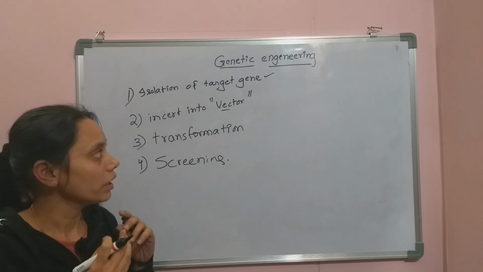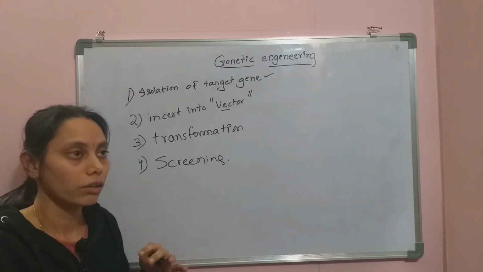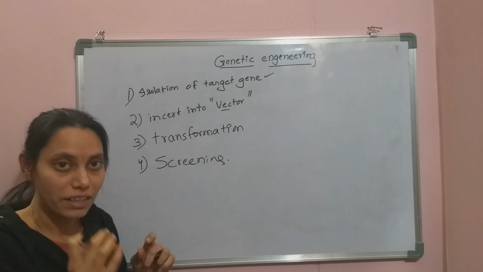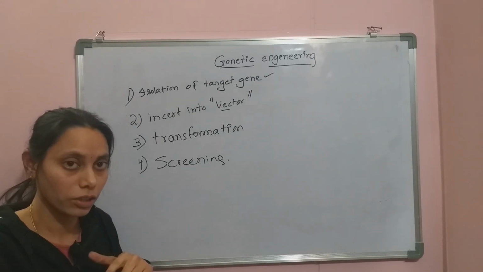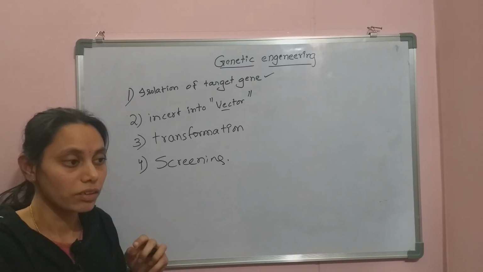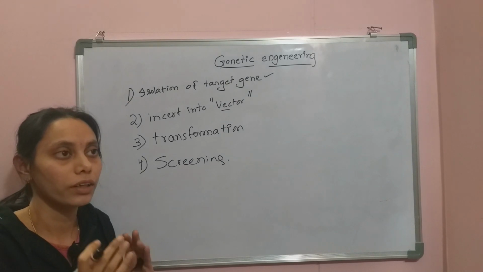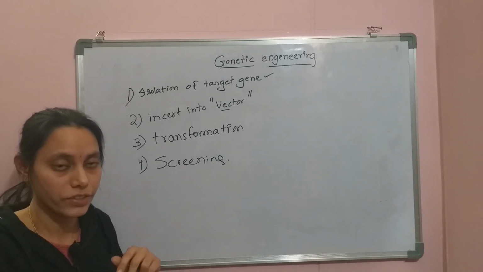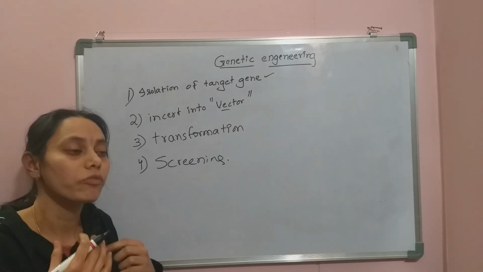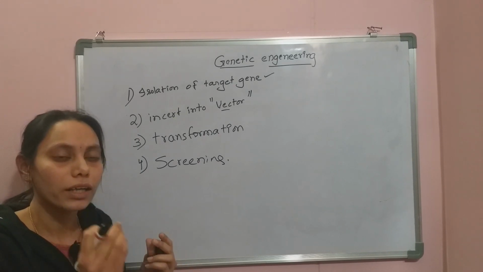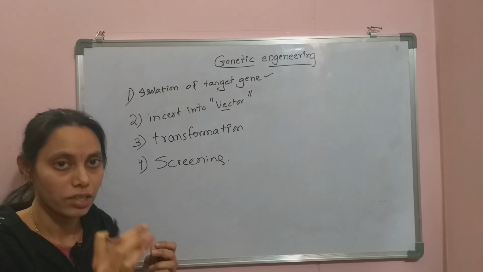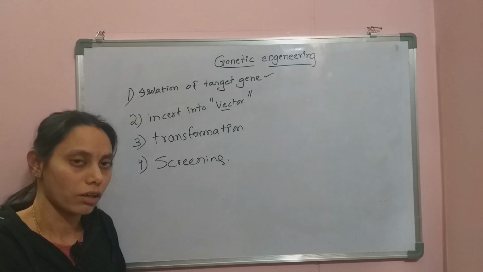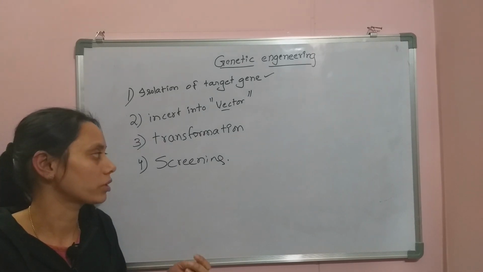Even if we use a vector that carries a target gene to transform the host cell, we are going to introduce that into host cells. Generally this culture containing host cells will be a tissue culture. We will introduce these vectors into tissue cultured cells. So here in the tissue culture dish we may not be sure whether all cells are able to take up the DNA or not. We may not be very sure about that.